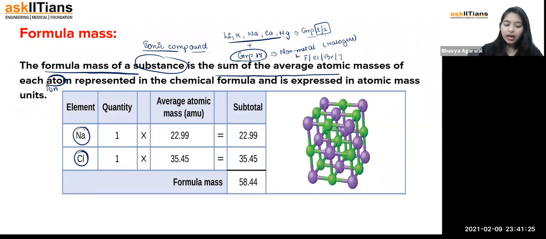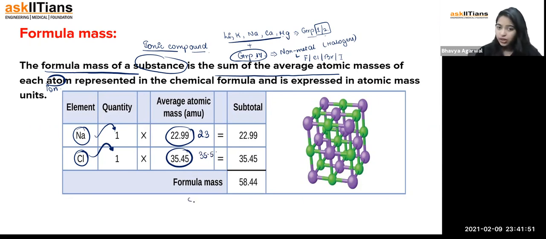One Na and one Cl. Now, if I talk about the mass of one Na, the mass of one sodium is basically 23, whereas the mass of one chlorine atom is 35.5. We just calculated, right? So if I add the two, we'll find the total mass as 58.5. So this is the mass of one molecule